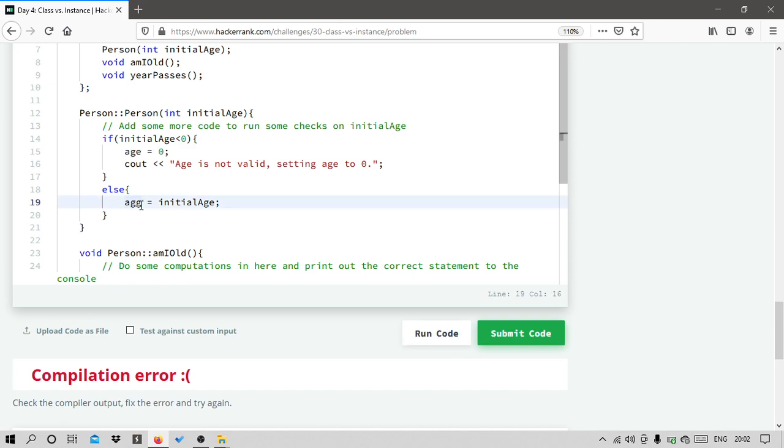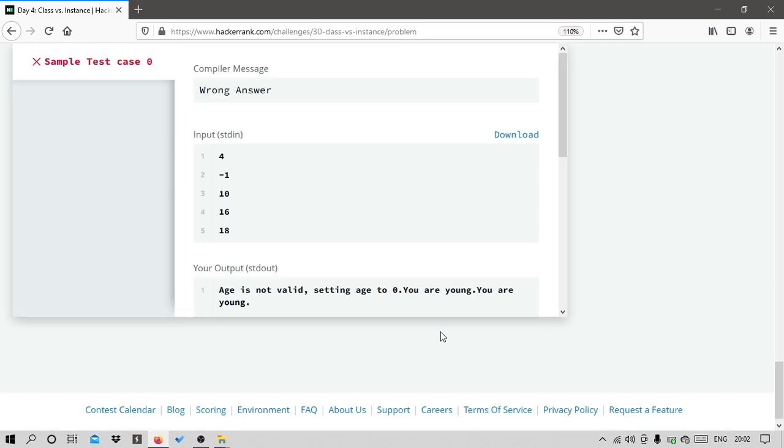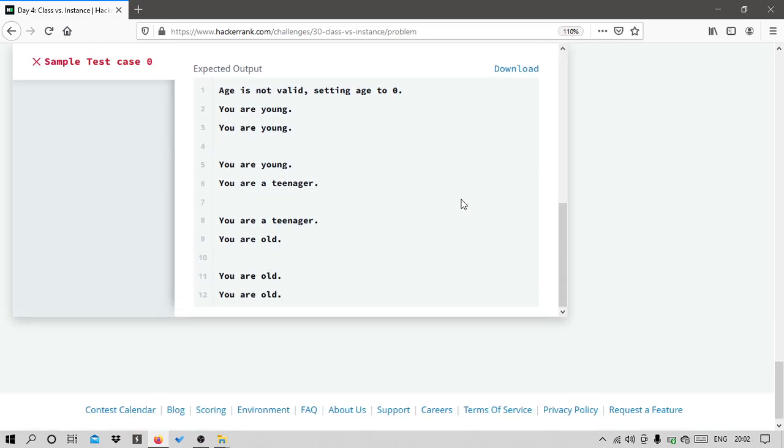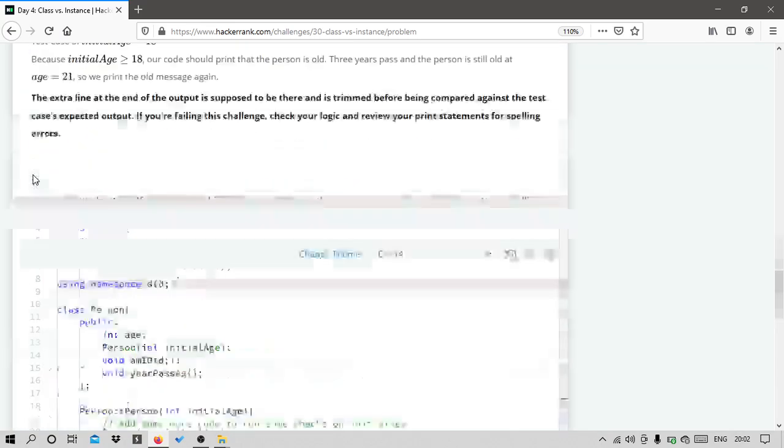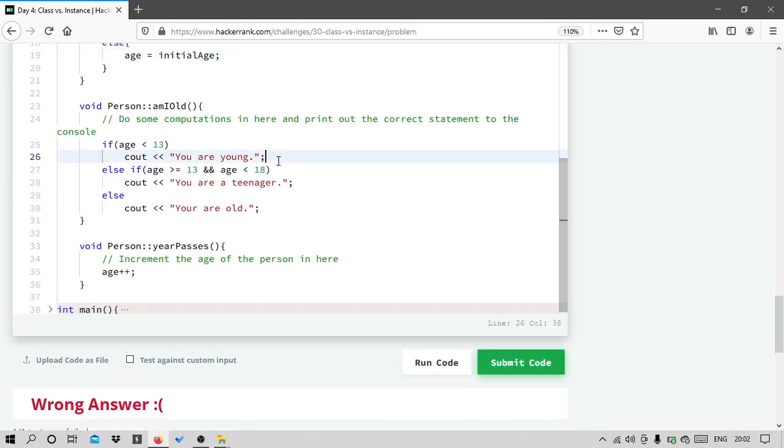Oh, sorry. I forgot to write a backslash here, as we have to match our output with the desired output.